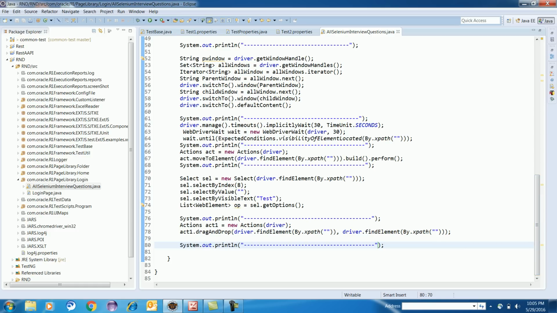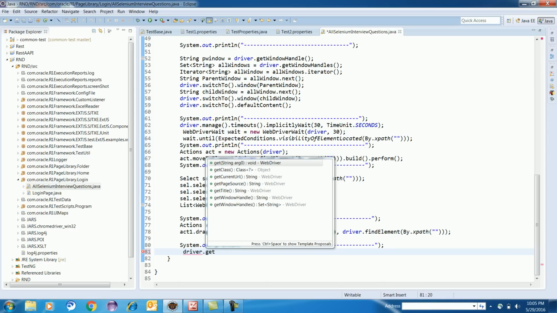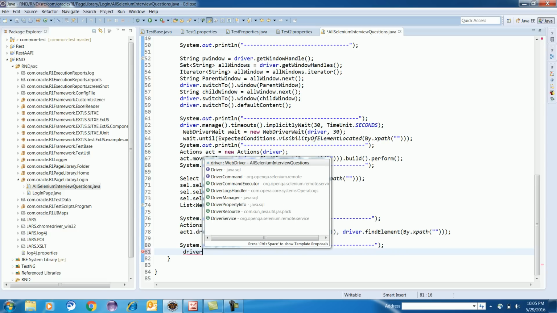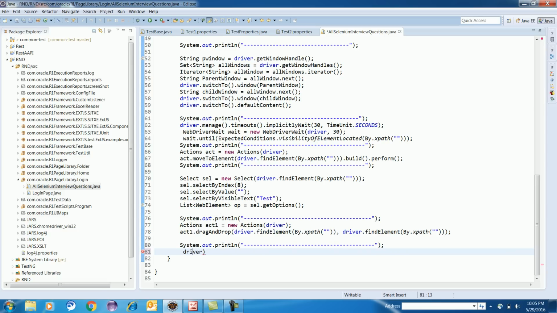So how you have to do it is you write like this: driver. You don't have something called getScreenshot at all, so you have to cast your driver. Do you know casting? I have to make one Java video on that, because I have not made it till now.